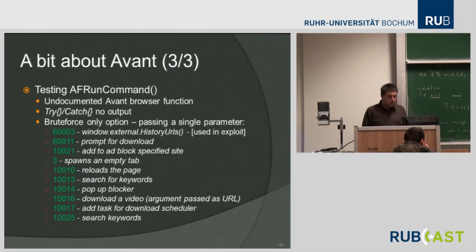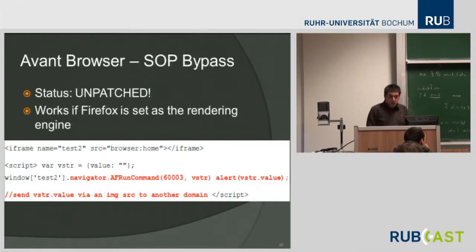And this is the number I'm going to use in the exploit I'm going to show you. So this is another one which is unpatched. Same history with Maxthon. I reported to them, but they didn't bother to fix. So this is an interesting one because